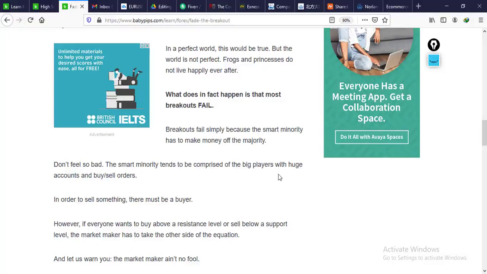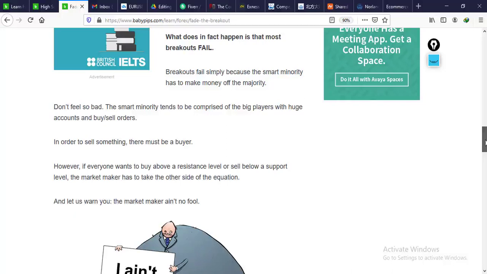If everyone wants to buy at resistance and support levels, what do the smart minority do? They are not fools. They are the market makers as well. So they go against you, and because they have huge accounts that control billions of financial securities,